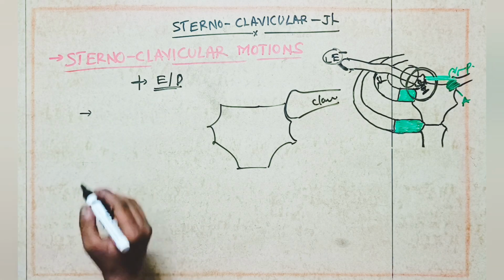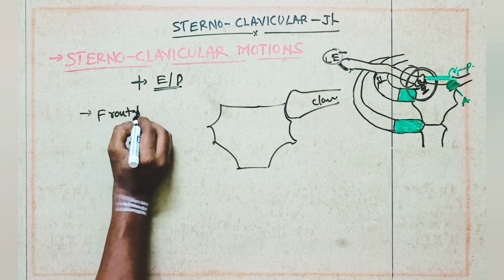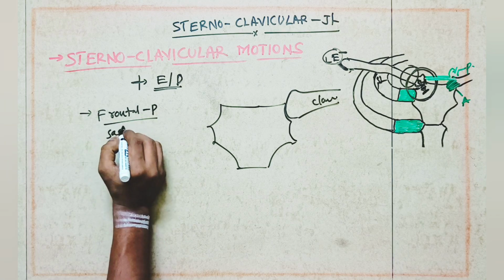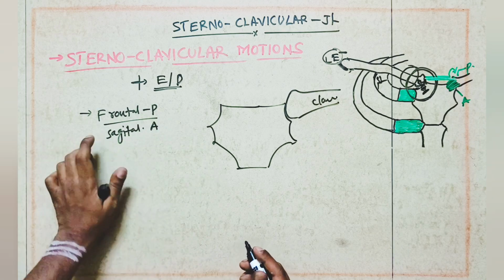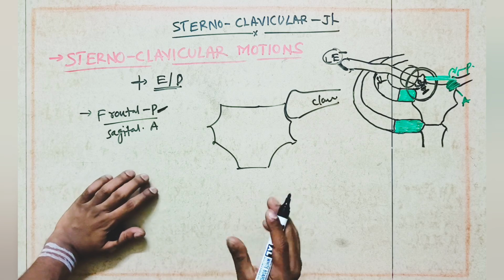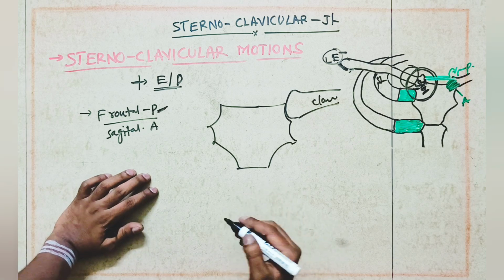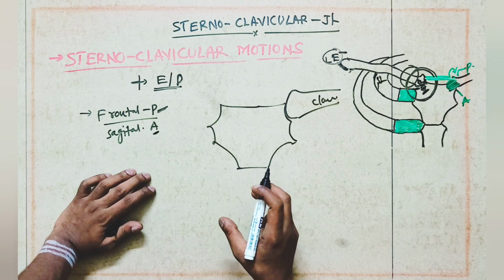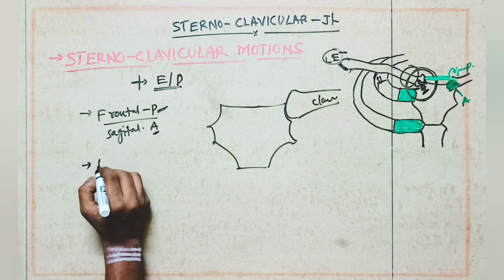Elevation and depression movements happen in the frontal plane and sagittal axis. The frontal plane means it is the surface where the movement is happening. Axis means it is the point around which the movement is happening. Now if we come to arthrokinematics,